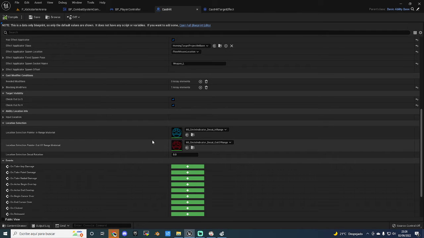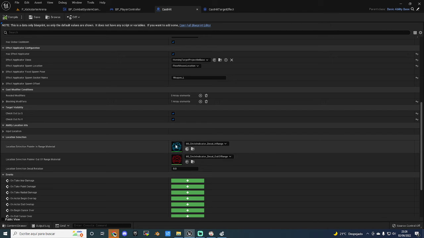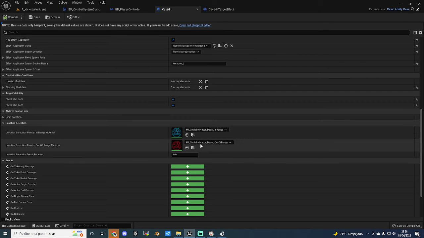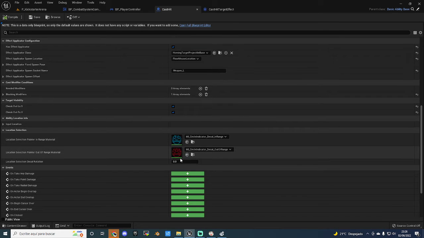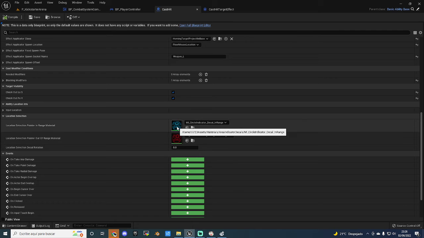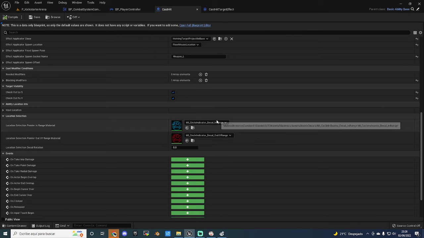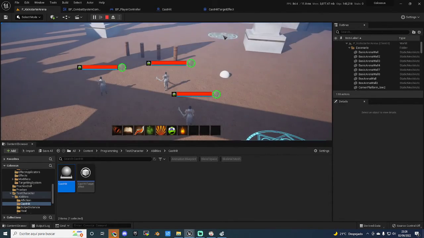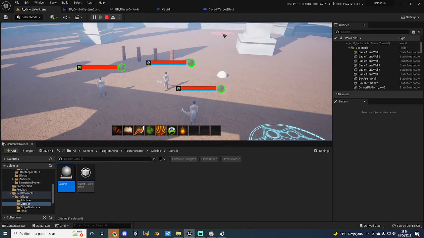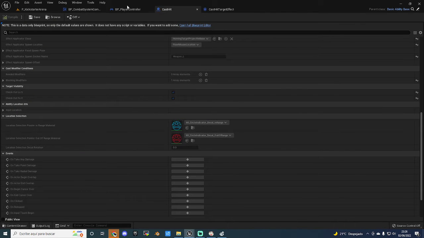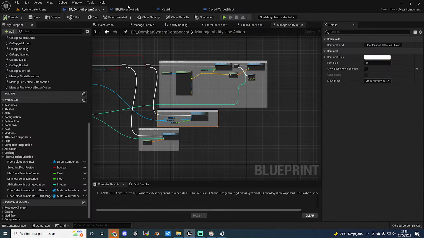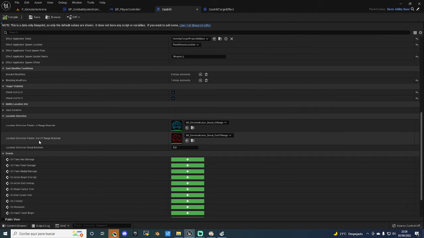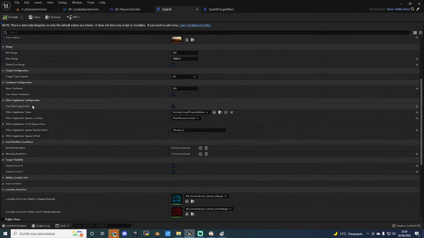You have seen that when you have to select the position of this projectile, you can choose the textures for these circles, to select. You have the version to show in range and out of range. If you go far away, you can see that it becomes red, because I have a different texture for the out of range case. And a lot of options: range, cooldown,